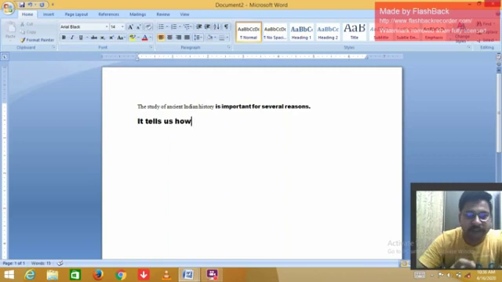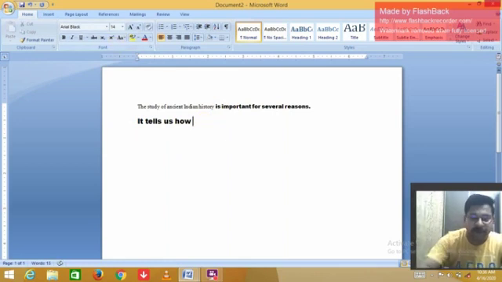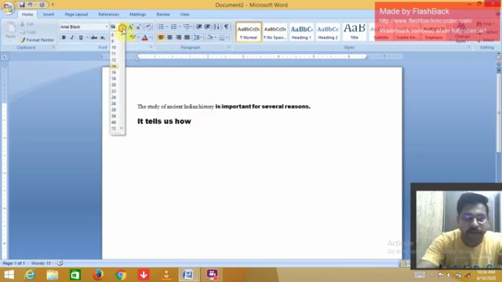Now you can see the difference. This font size is 14 and the other font size is 11. If you want to make the font size bigger, click on this arrow and click any of your choice. I choose 20.